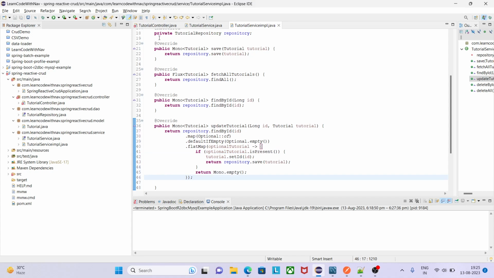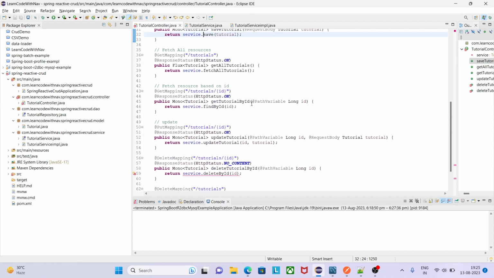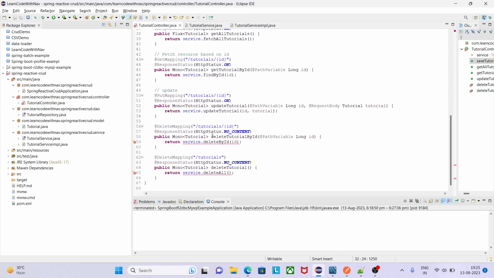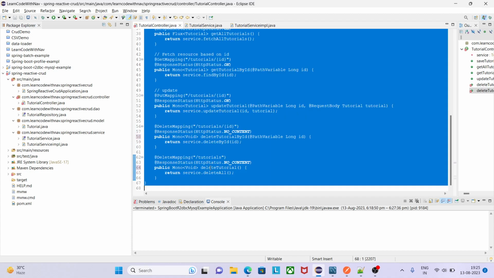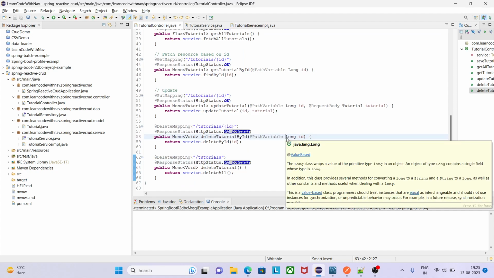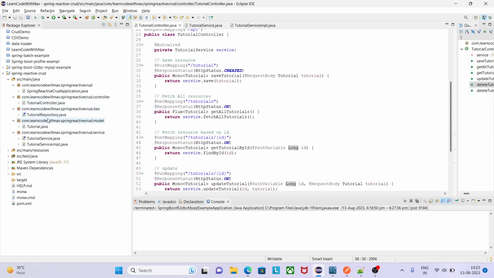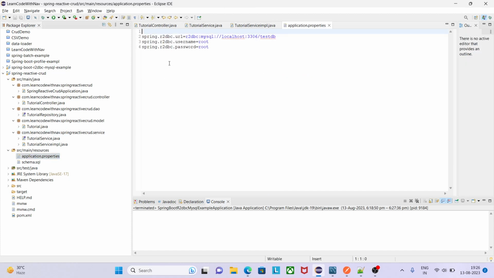Now let me check what the problem is in the controller, why I can see red. Oh, okay, it should be Mono of Void, right? I don't like red colors in my IDE. Now we are done with the model, we are done with the repository, we are done with the service and the controller. Let me go to the resource folder and application.properties. Previously it was